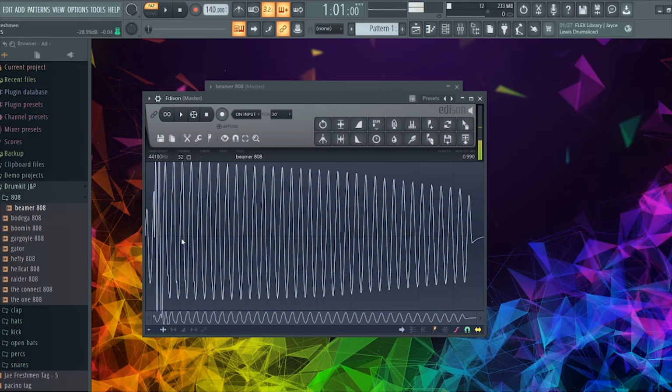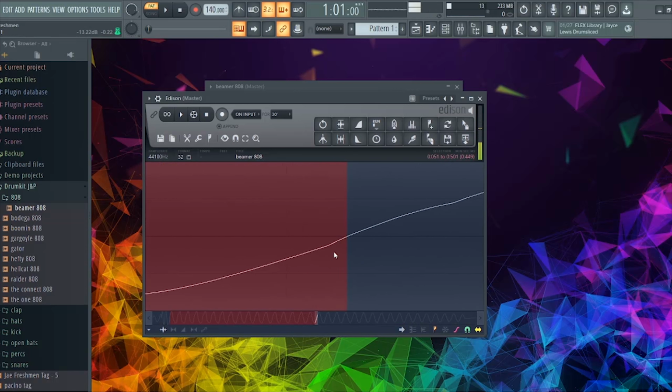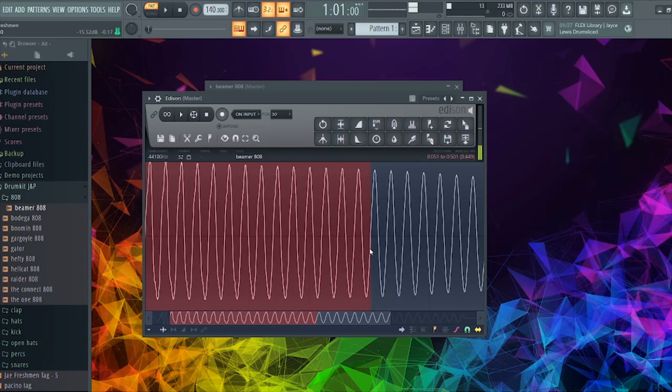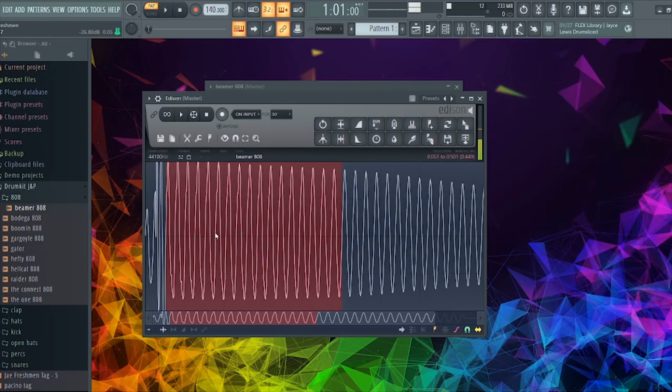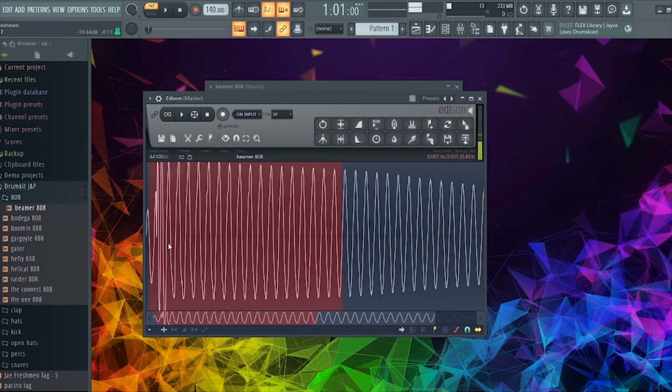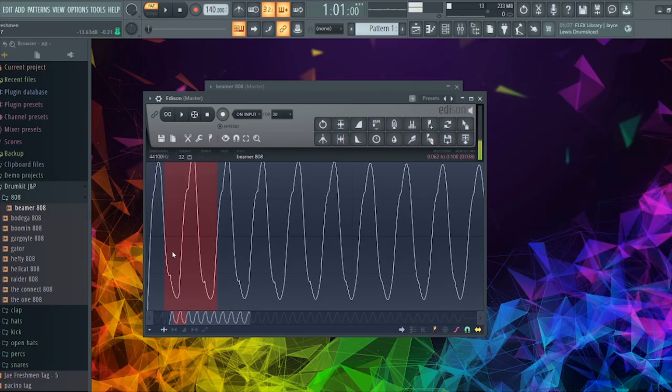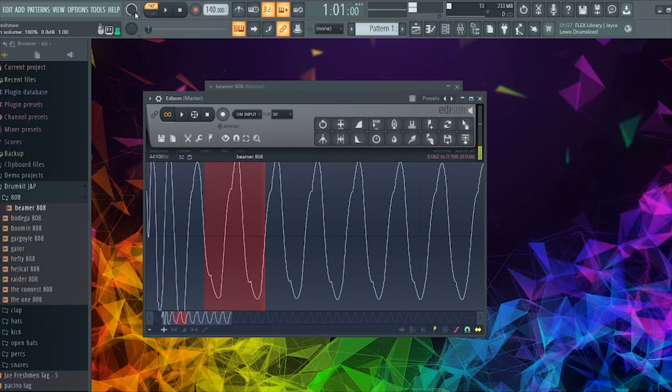And what this allows you to do is when you highlight anything, it won't clip. If you look deep into a WAV file like this, it's going to land on a part where it doesn't start to add clicks or anything like that. So this is actually good for sampling. But what you want to do for this tip is to highlight a part of the wave, make sure it's a full one. Now I'm gonna actually turn this down, because it's gonna make this loud noise,